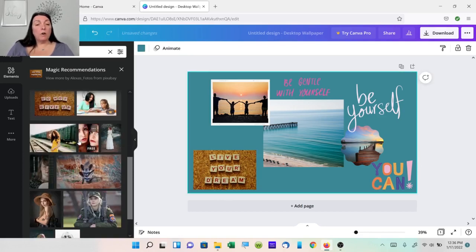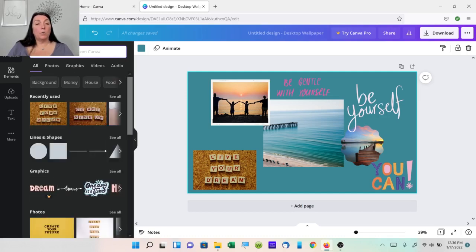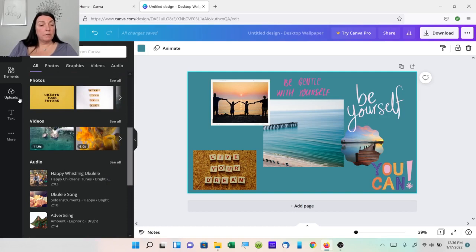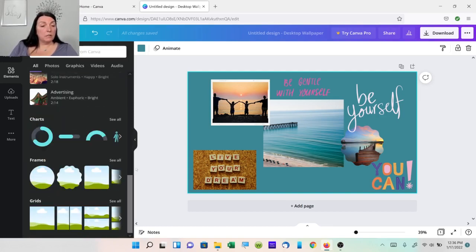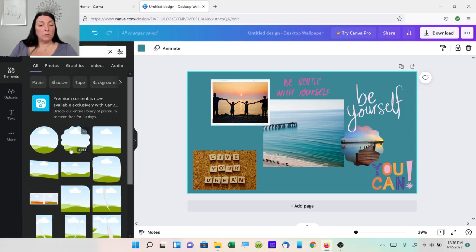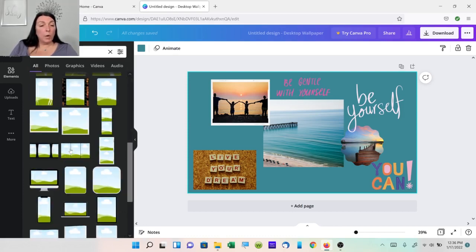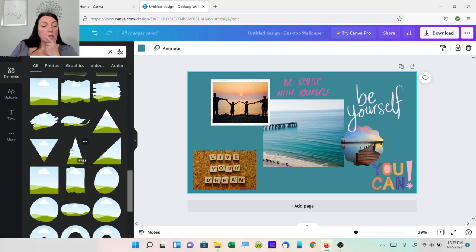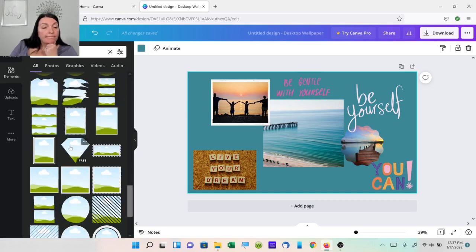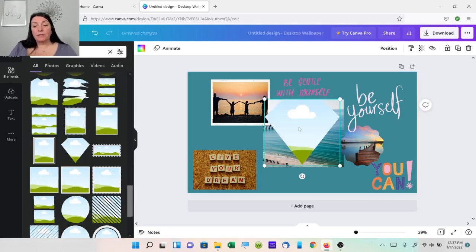All right, so I'm trying to think, oh, I want my podcast. So let's go back to a shape in the elements or frames or grids, whichever one you want to choose. Let's go with something. Ooh, I like this diamond one.